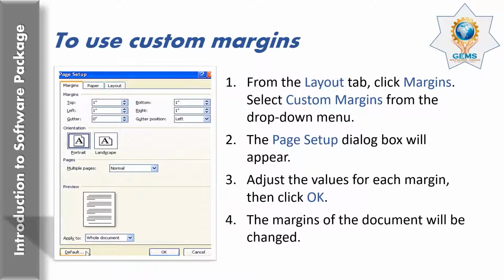So you can go to the margins, top, bottom, left, right, then adjust the values for each margin. Finally you can click OK. The adjustment of the values will be reflected in your current document. And suppose you want to change the orientation of your document, you can click the orientation, portrait or landscape, select portrait or landscape and click OK.